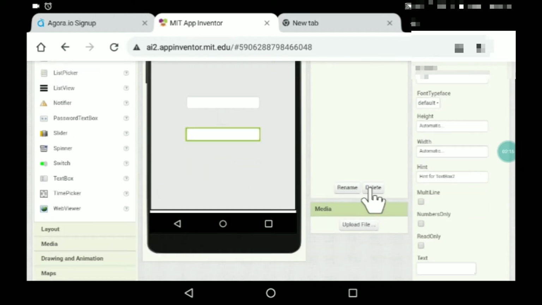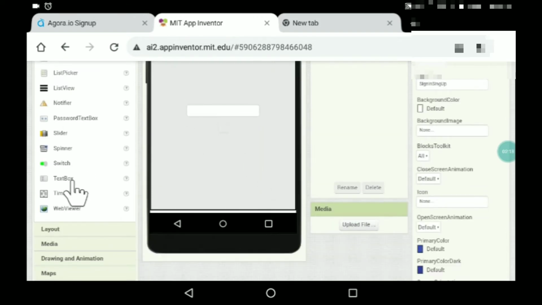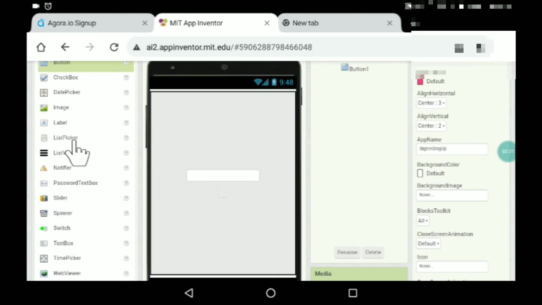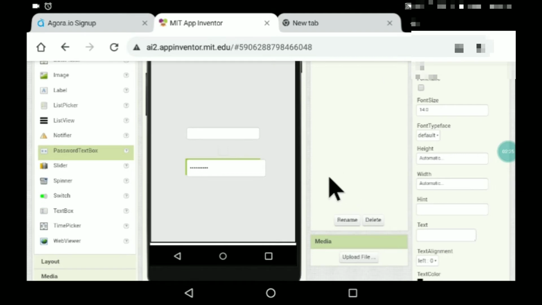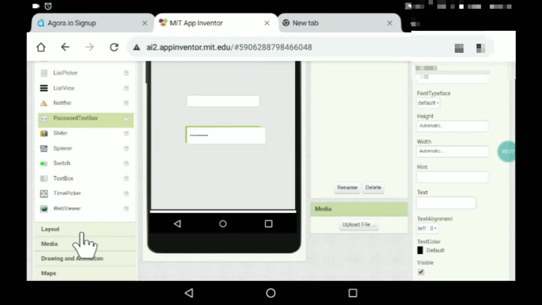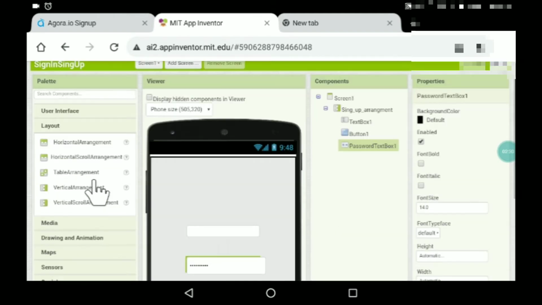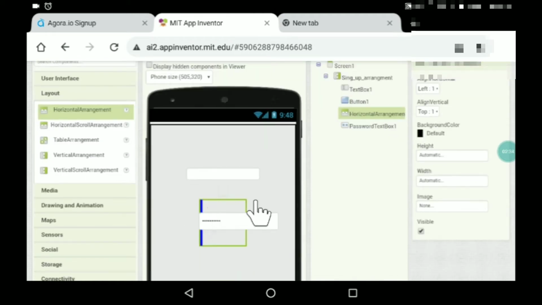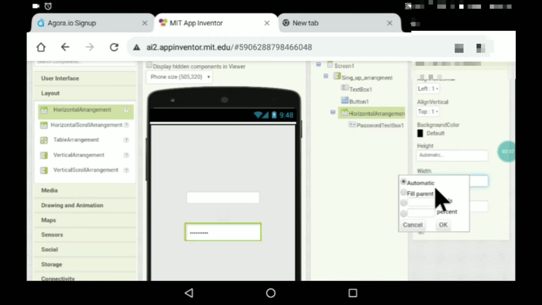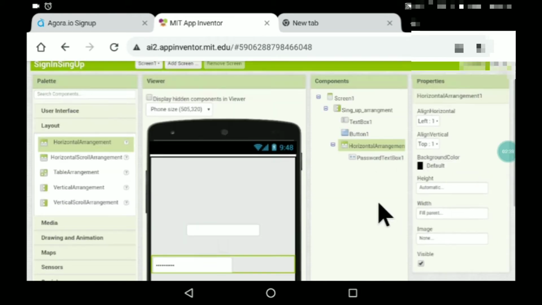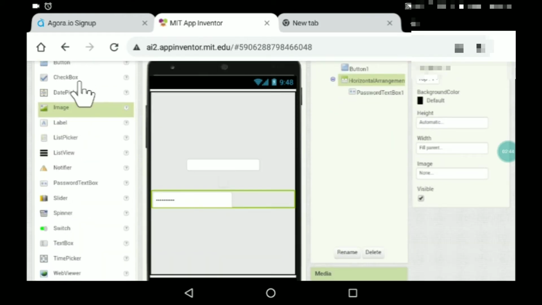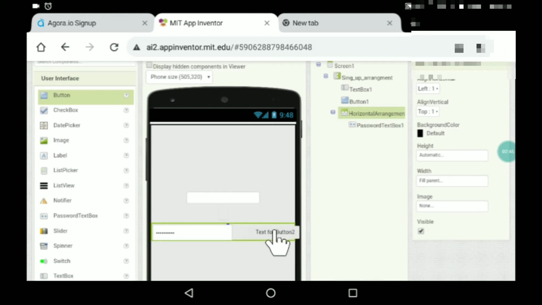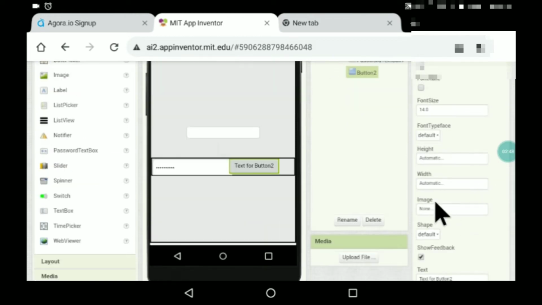Okay, sorry, remove this one, guys. Put a password text box. Yeah, this one, this is the correct one which you have to put. Okay, and here you need a horizontal arrangement over here. Okay, put this one. Keep this horizontal arrangement width as fill parent, and here, drag and drop a button like this, and keep